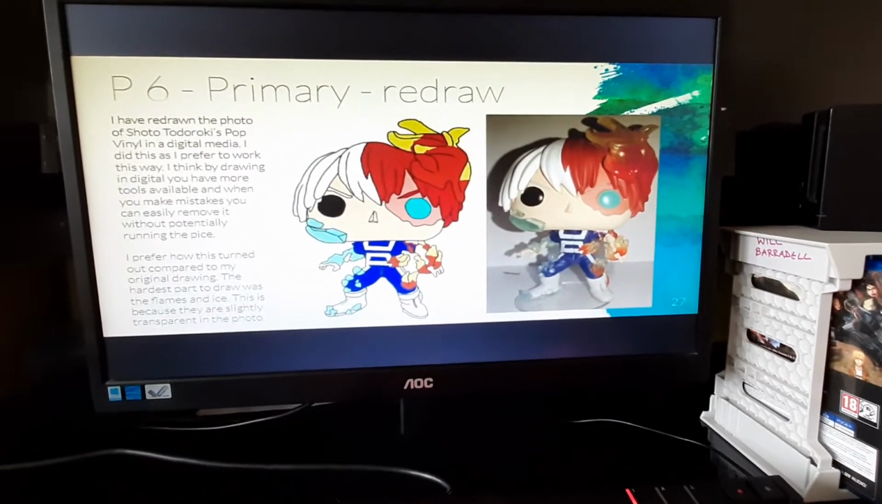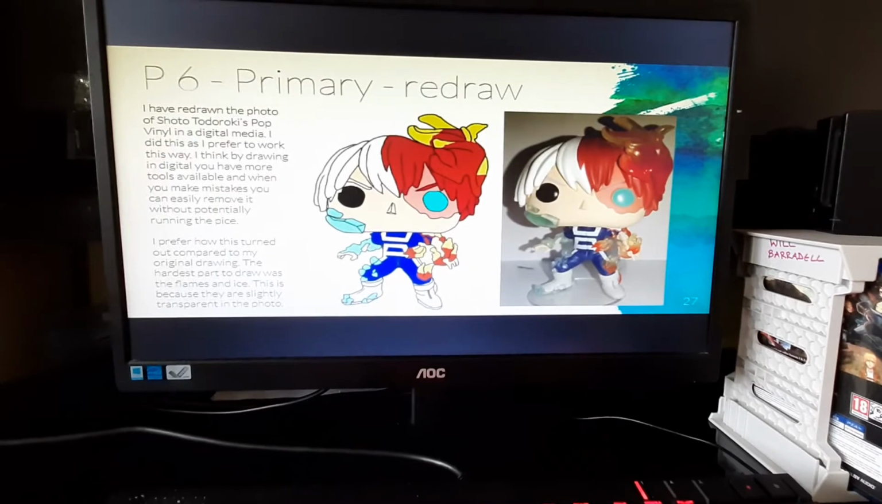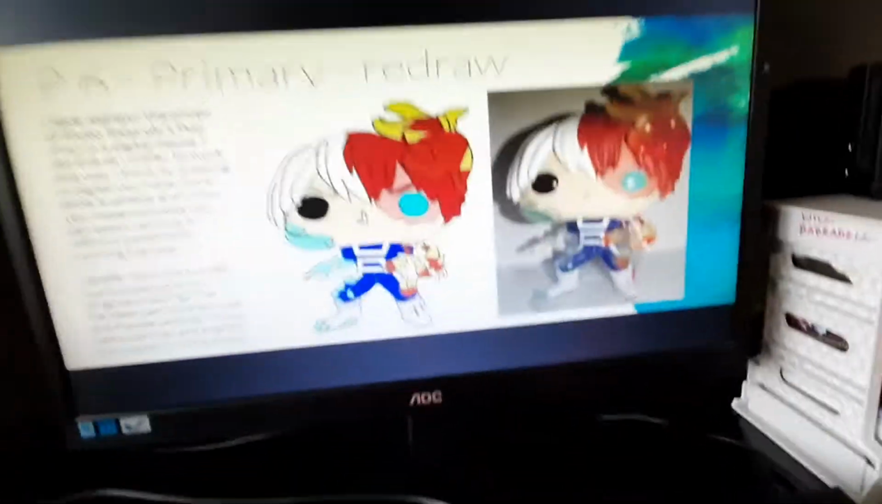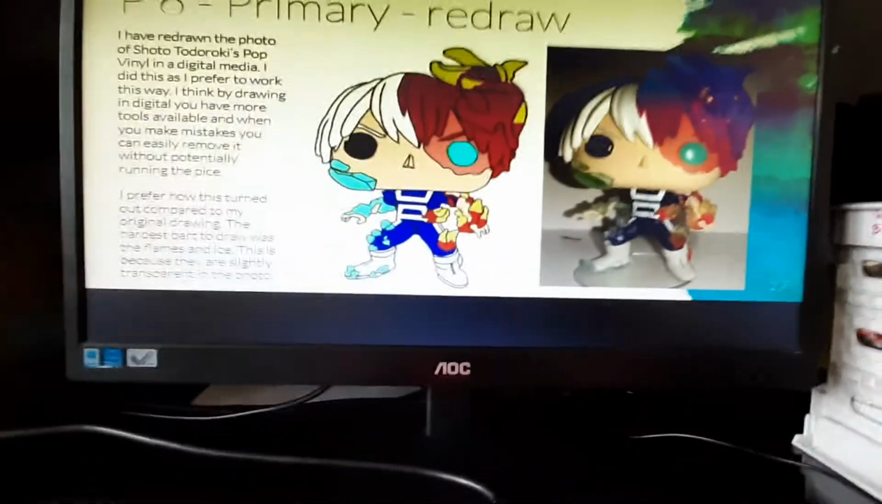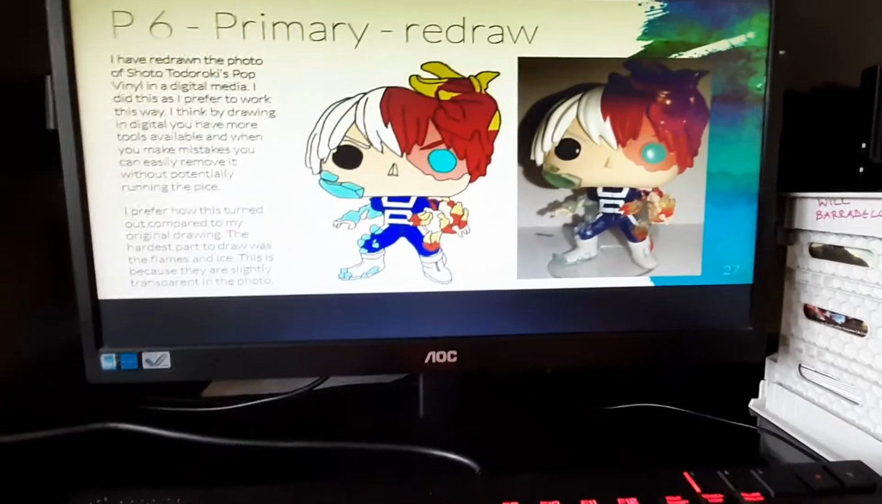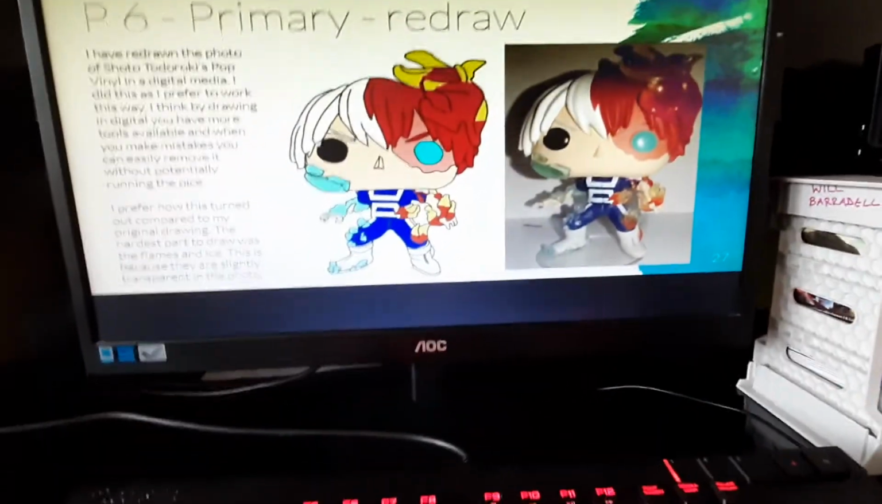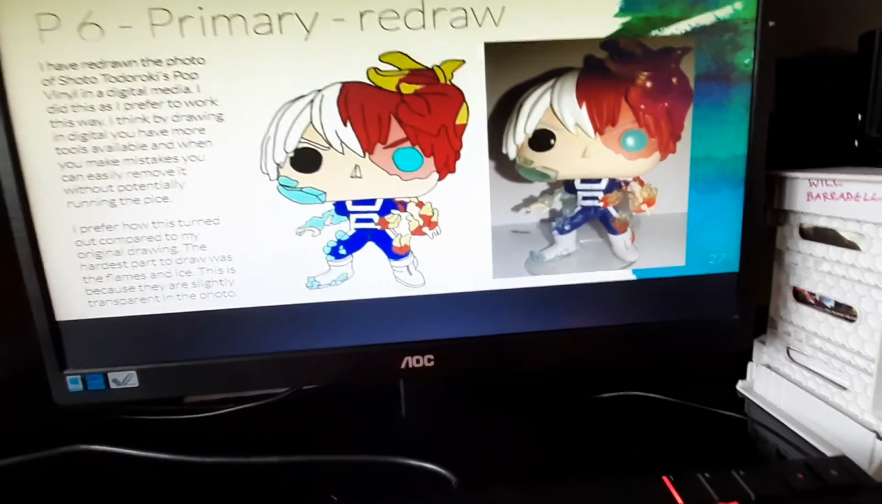I've redrawn the Shoto Todoroki pop by using digital media. This is what I prefer to draw in. It's got more tools available, and if you make mistakes, it doesn't ruin your project, as you can remove them with a few clicks of a button. I prefer how this one has turned out than the other one, because the shading has been kept and it looks a lot nicer, though